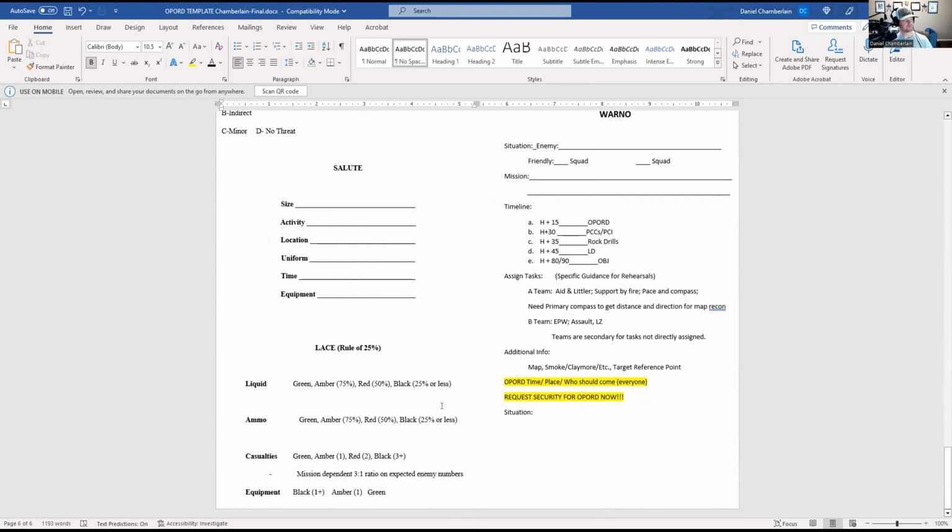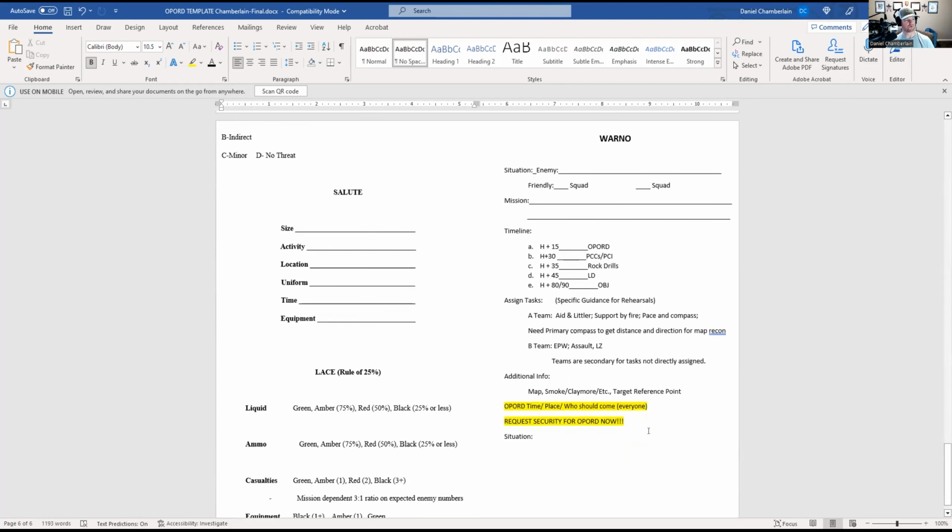LACE and the rule of 25, something else you can kind of teach your fellow candidates. It doesn't matter what rule you use, right? I liked 25 because green is like this weird thing. Some people want you to be amber as soon as you've shot a single round, like, whoop, I'm not fully combat loaded now, so I can no longer be green. So just put a standard on it so everybody knew it in the whole group, and we could report that up. Anyway, on to what we came here for, the WARNO.